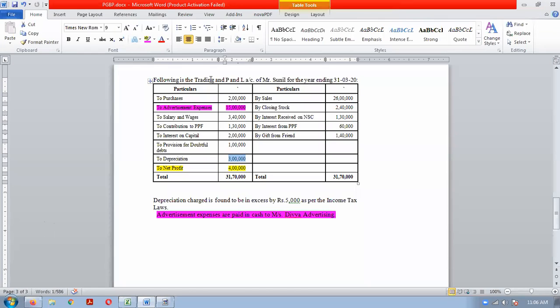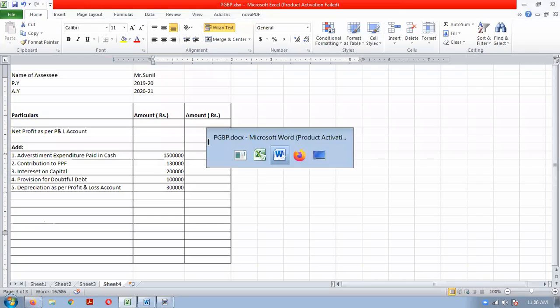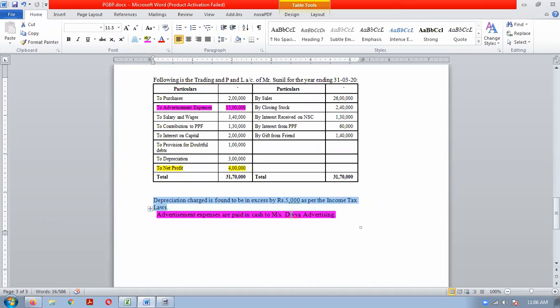Okay, so we have completed the reading of debit side. Now we will have to see the credit side, and one more adjustment is left that we will do in the next class. Okay, so we have understood the debit side analysis. We have done the debit side analysis. In the next class, we will see the credit side and one adjustment of depreciation. Clear this much, everybody? So today we are stopping here.